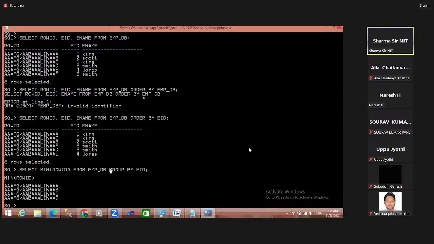From each employee ID group, we get the minimum row ID. What is the remaining? C and F. Both are the duplicates, are they not? Exactly. Those records I want to delete. How is it? Delete from